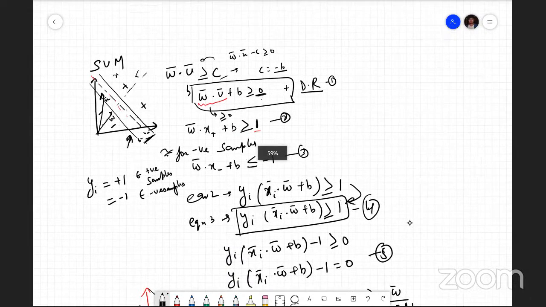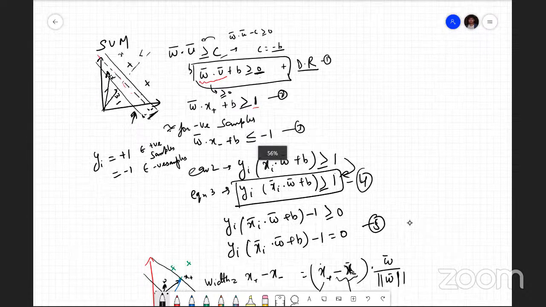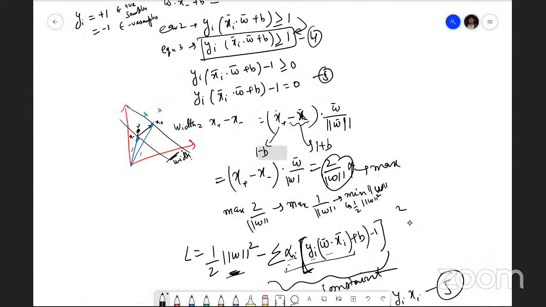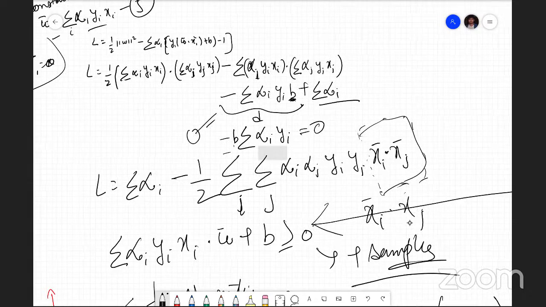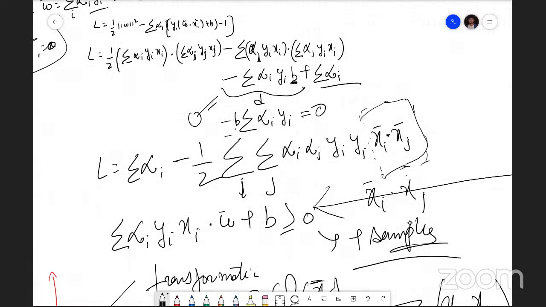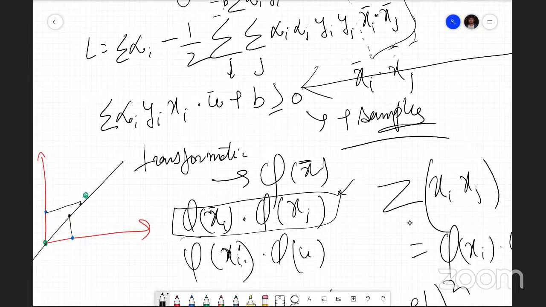Right. So for each individual sample, this value of x dot w plus b is greater than 0. So for the sum, it will be greater than 0. Is that the argument? Yes. But then we also have alpha i added to it, right? So alpha